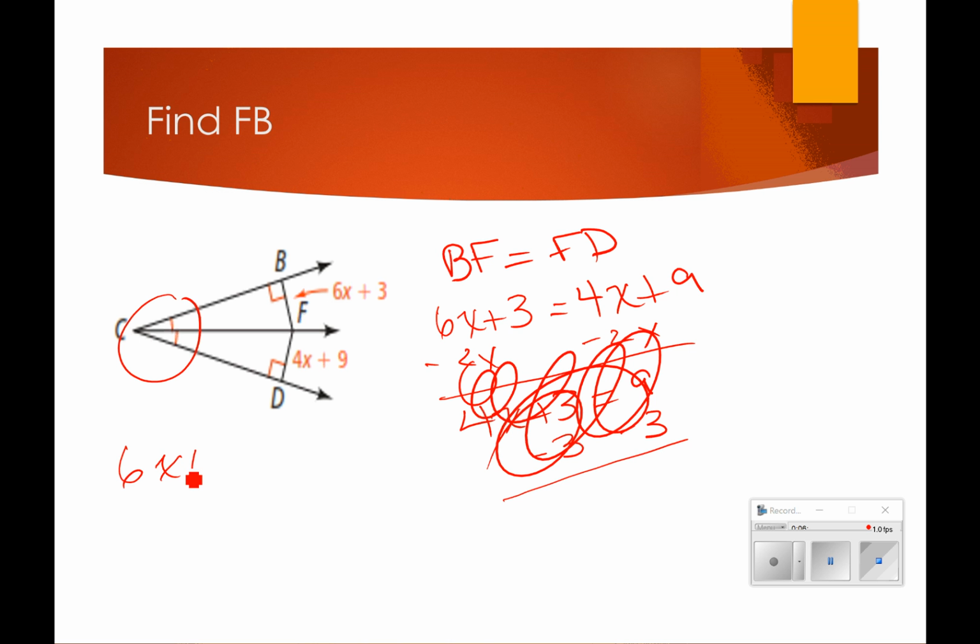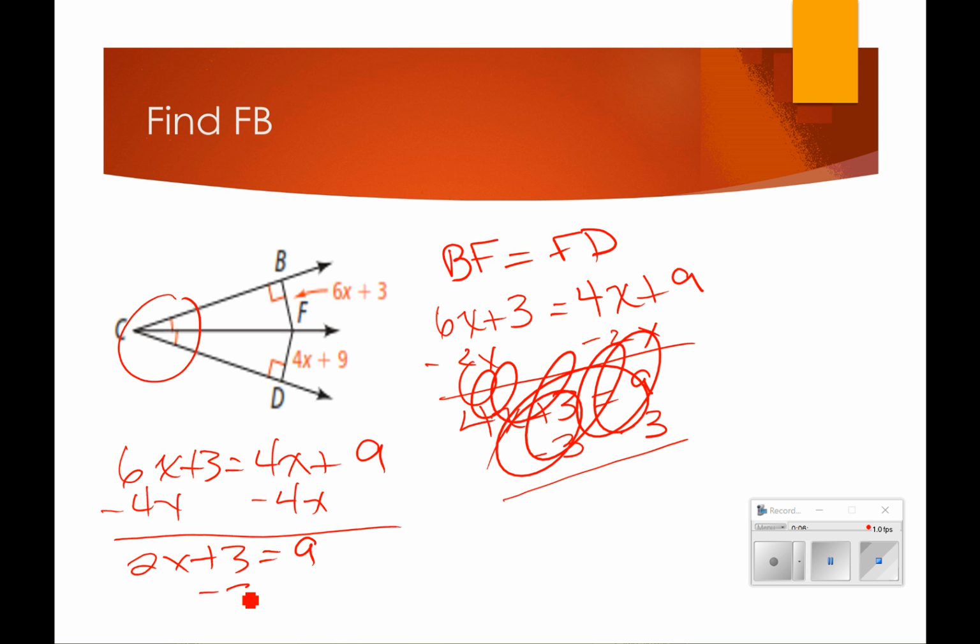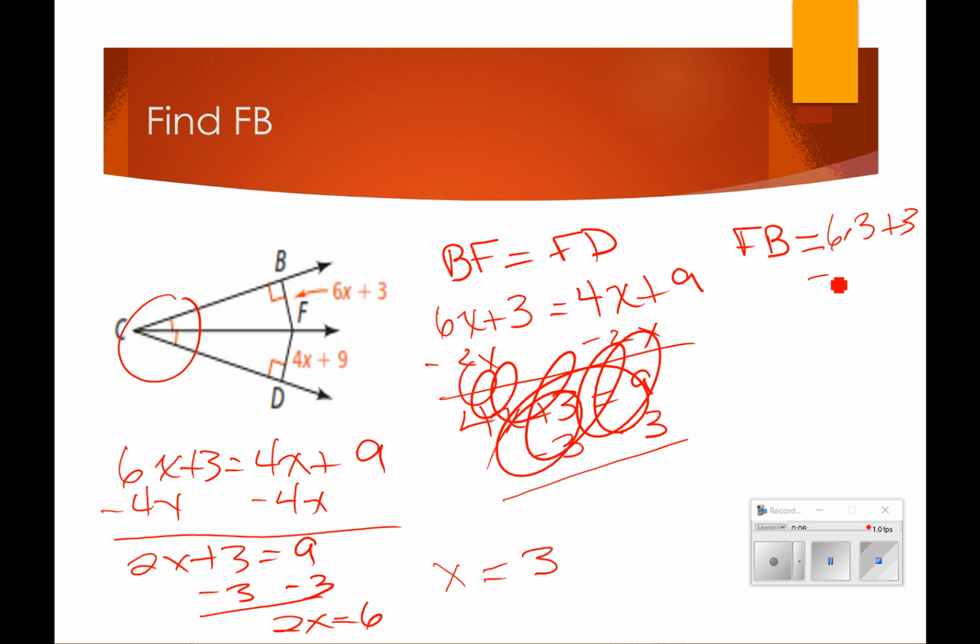6x plus 3 equals 4x plus 9. I'm jumping ahead. So I'm going to subtract 4x, not 2x, and it gives me 2x plus 3 equal to 9. If I subtract 3, I'm going to get 2x equals 6. Divide by 2, x equals 3. And then if I'm going to find FB, okay, I am going to sub that in, so I get 6 times 3 plus 3, or 18 plus 3,